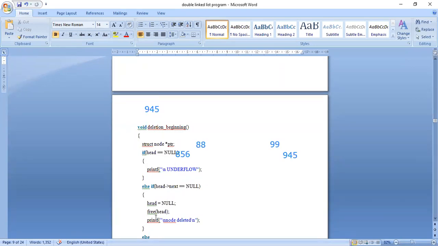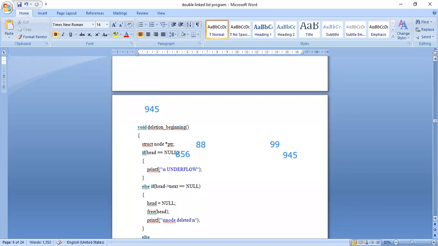Okay, I will free the head value. Next, printf node deleted. Free head means what? The memory allocated by the system will be deallocated, and which memory will be deallocated?